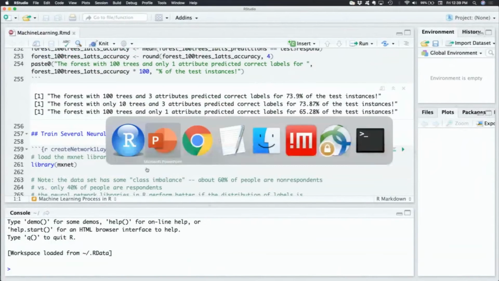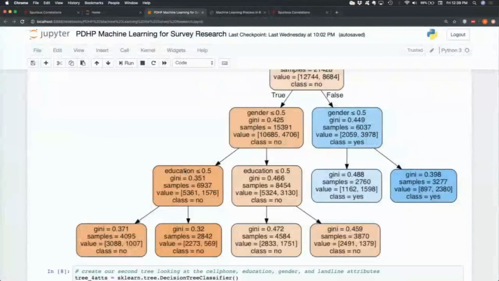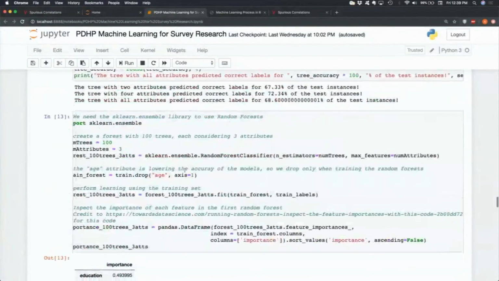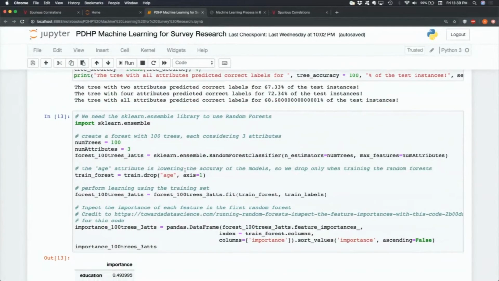Okay. In the interest of time, there's also the Python example. The code is basically the same. Here's where we get to forests. So now instead of using scikit-learn, we're going to use scikit-ensemble. Then we're going to do similar stuff. One thing I need to note is that when I trained